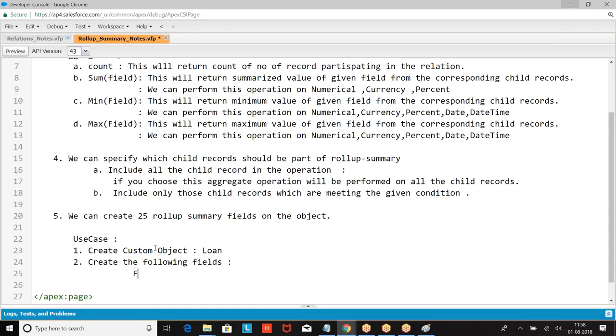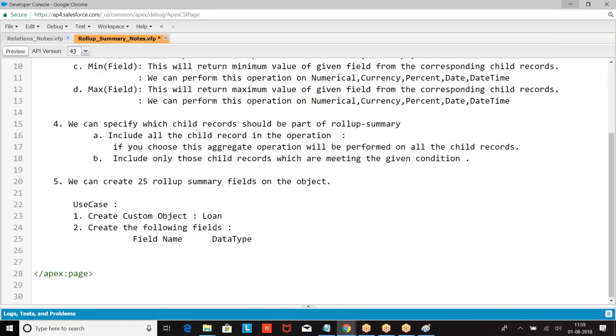Create the following fields. Field name, loan number, then loan type.